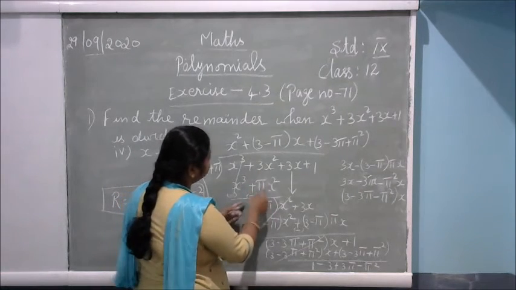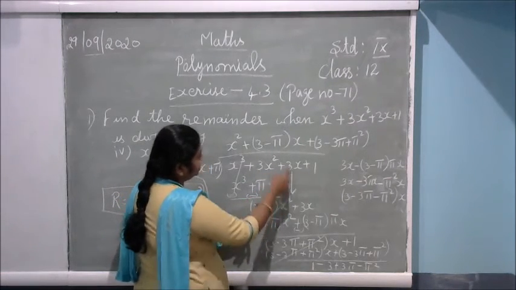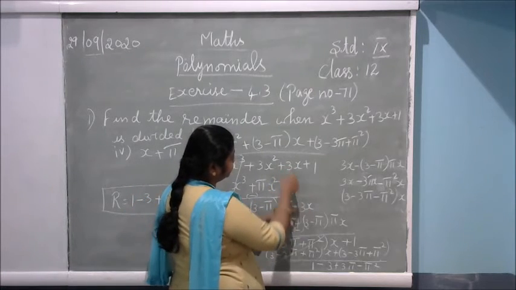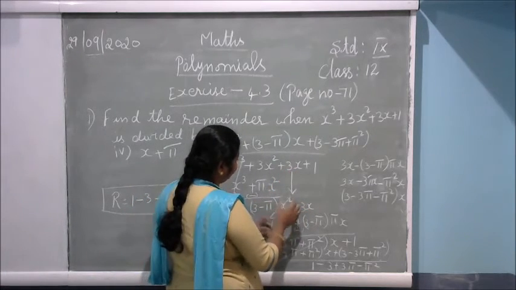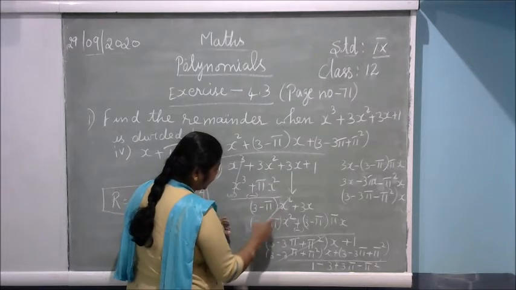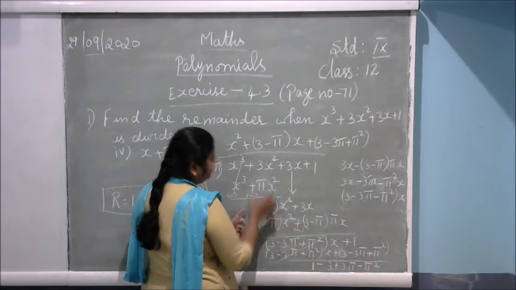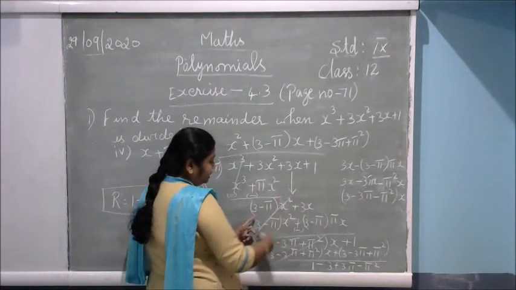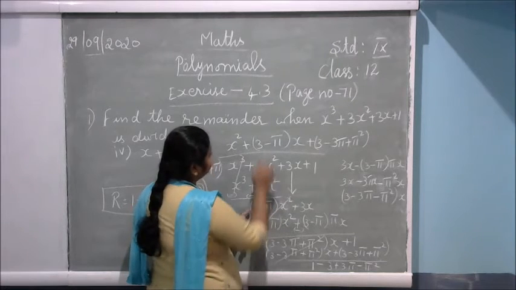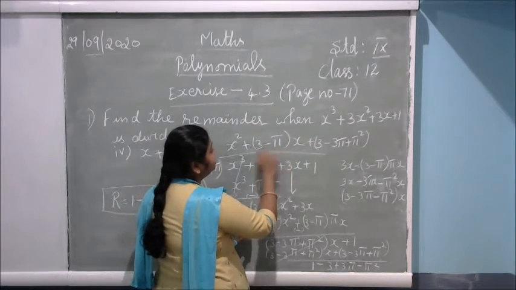So 3 minus pi, this x square will come, and next term you have to bring it down as well. So 3x you have to bring it down. And afterwards, this first term you have to get cancelled. So with the same number if you are multiplying, then only we get cancelled, no? So 3 minus pi into x I put.